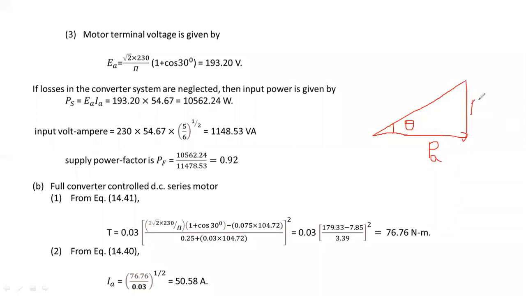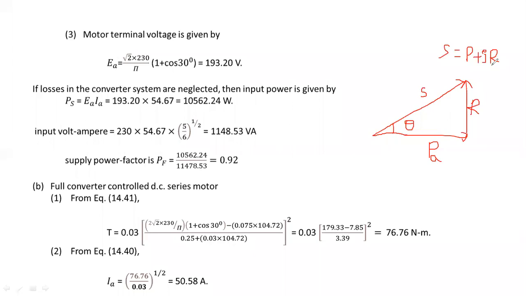And on the y-axis, it is reactive power. Reactive power is an imaginary power. So the y-axis is imaginary, so reactive power will be on the y-axis. And the combination of active and reactive power we will denote as apparent power, which is S. So S can be simply written as the combination of active power and reactive power. This is J. J represents the imaginary axis. So S is equal to P plus jQ.